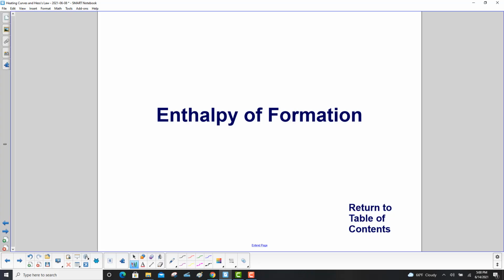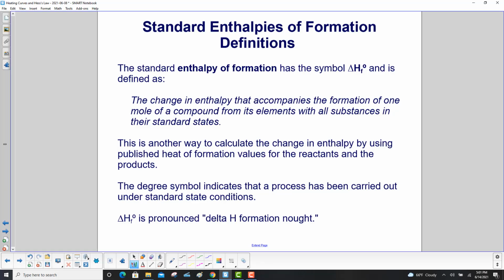Enthalpy of formation. The standard enthalpy of formation has this symbol right here. And right here we tell you how to pronounce it. Delta H formation naught. It is defined as the change in enthalpy that accompanies the formation of 1 mole, very critical here,